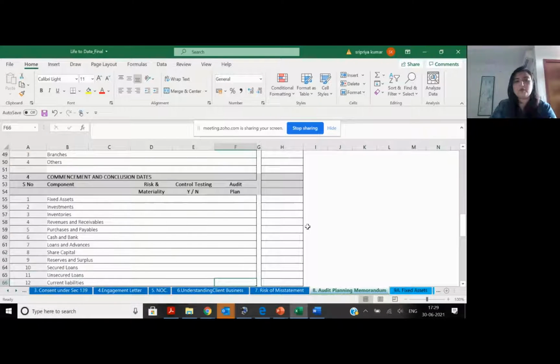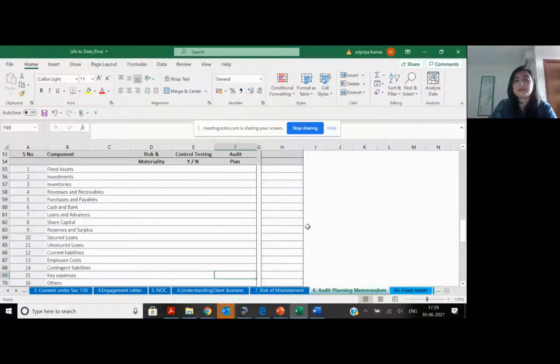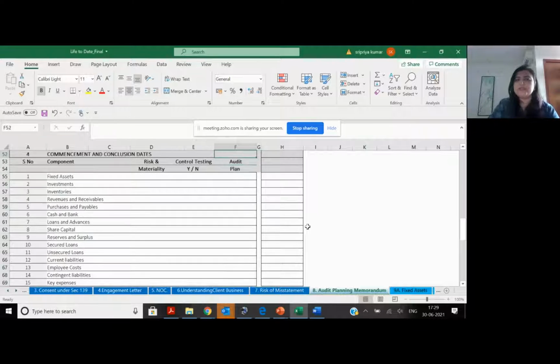Similarly, what is the kind of audit you want to do? See, these are all just given very briefly, but you can go in the right side and write however much you want. And today, your standards on auditing also permit you to maintain your working papers in e-form. So at the end of it, just PDF this and put it in. That's it. So you can decide each component wise.